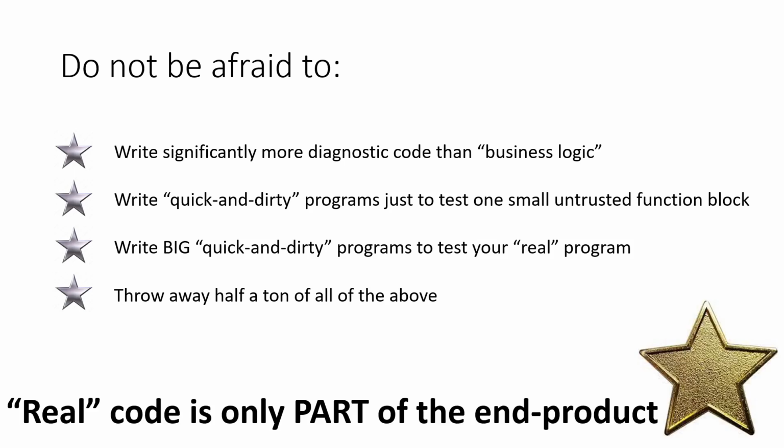So golden rule number whatever it is, that the real code, your deliverable, is only part of the end product. All of the structure and the scaffolding and the diagnostics that you sit it within are also part of it. And if you have to throw half of them away, so be it. It doesn't mean you can do without them from the beginning. If you do without them at the end,